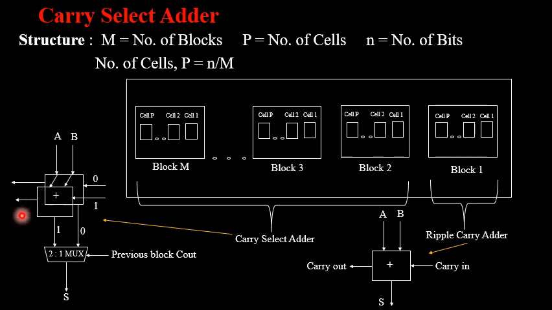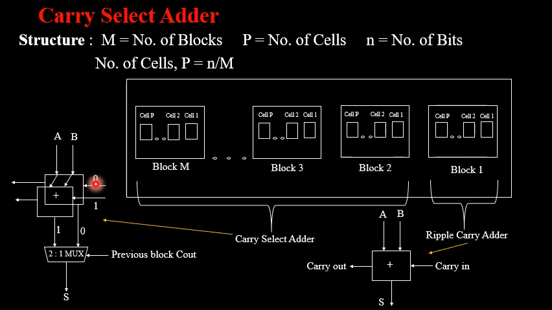And again it will be generating the outputs, carry output, which will be either equal to a logical 0 state or logical 1 state, and accordingly it will be fed to the number of different stages of this particular cell. How many number of bits or how many number of blocks are present, depending upon that it is going to vary. So this is the representation of a carry select adder, wherein it is accepting A and B, and it is having a provision because it need not wait unless and until the previous carry output is getting generated. So I will be explaining you in detail in the next example.